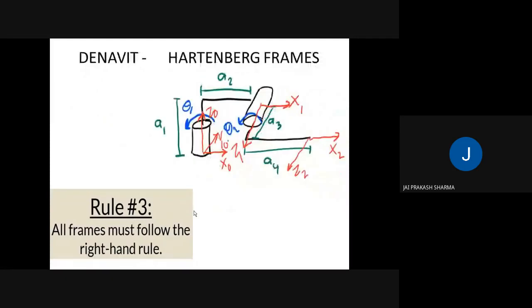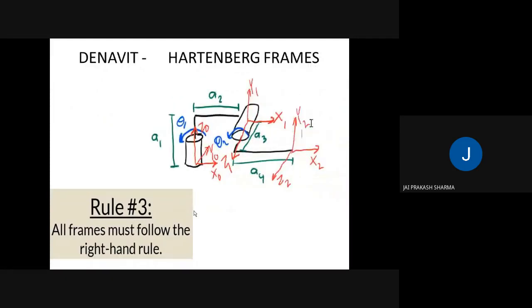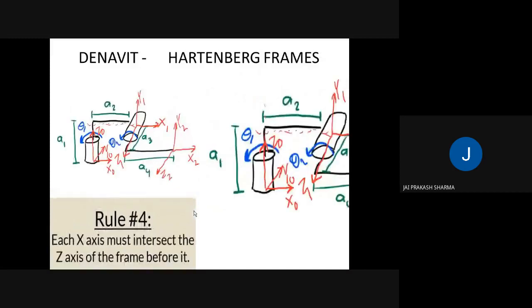Okay, so in such a manner we can create our y axis. Now the fourth rule states that the x-axis must intersect the z-axis of the previous frame. I already shared how you can do that. Over here you can see that the z-axis intersects the x-axis of the forwarding frame. So these are the four rules with the help of which you can find the principal axis frame of any